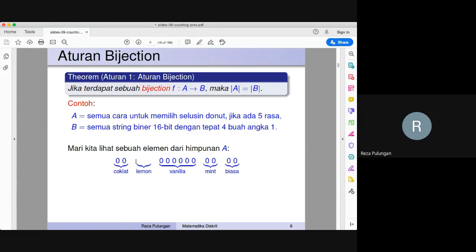The zeros here basically represent a donut. So there are 1, 2, 3, 4, 5, 6, 7, 8, 9, 10, 11, 12. Yeah, there are 12 donuts in total.